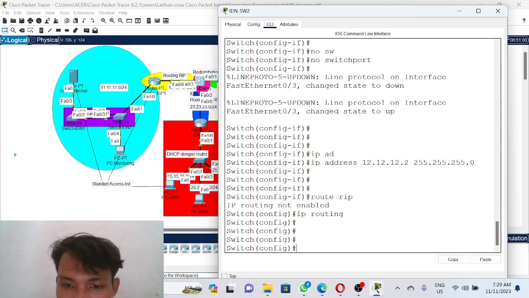This activates the router function, and then we configure the static route.